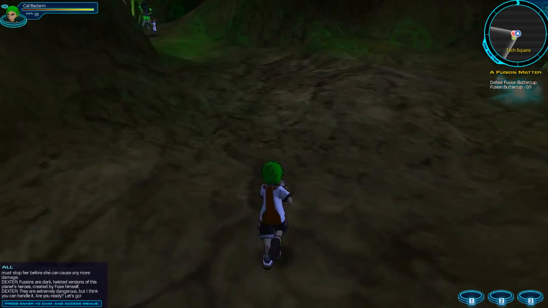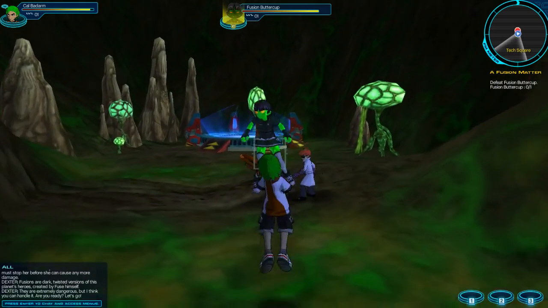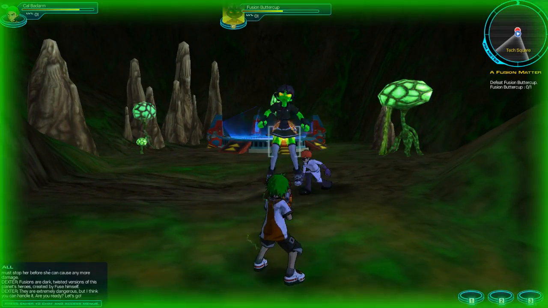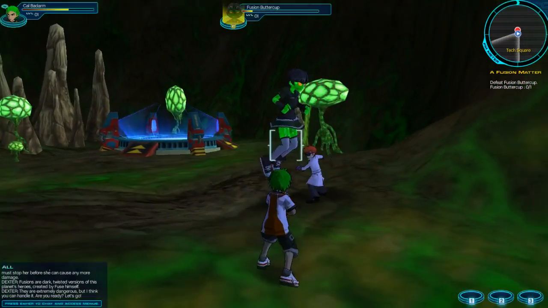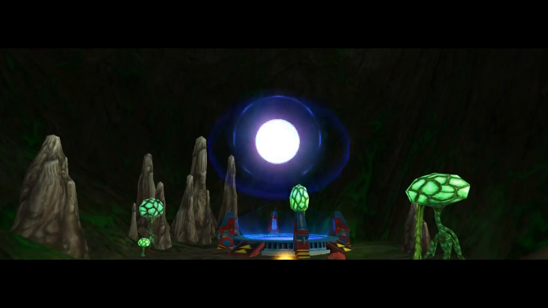Once again, fusions do get harder as time goes on. Dexter, what are you doing? And I don't think he's doing any damage to her. But Fusion Buttercup is attacking us now. Either way, this fusion is easy. She's not really doing any of the strong moves that you'll be seeing the other fusions do later on as time goes on. And once you defeat a fusion...